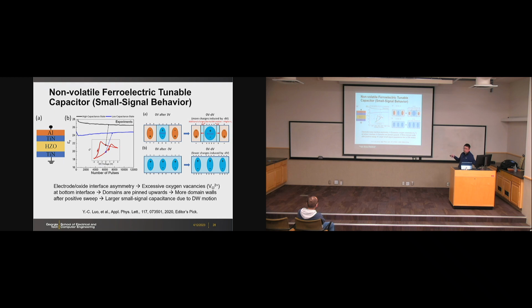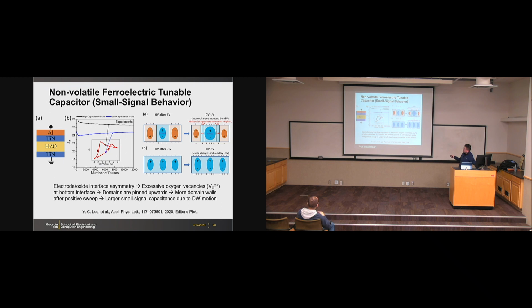The small signal CV. The PV, the polarization versus voltage, is large signal behavior. But here, this is a small signal behavior from the CV. So in other words, at DC 0 voltage, we may have two capacitance states. So we can encode the data using the capacitance, small signal behavior. So here we have some hypothesis where we have this kind of